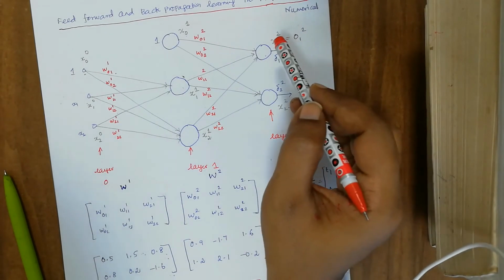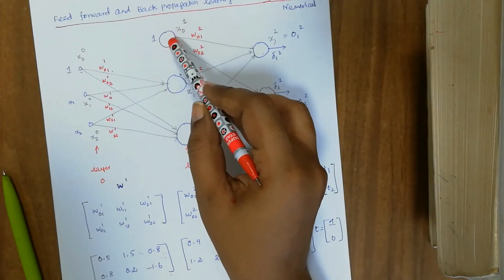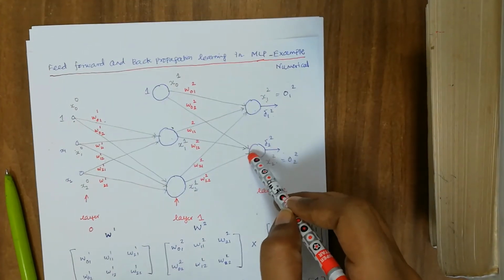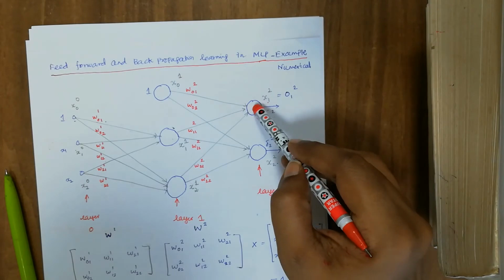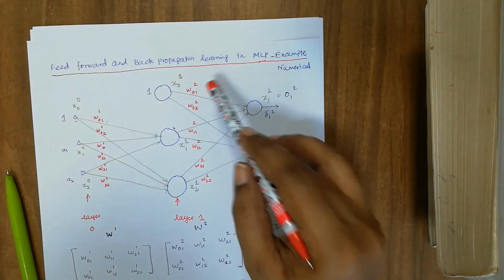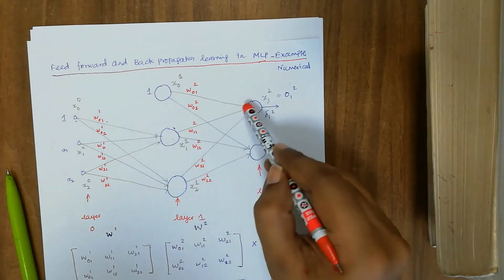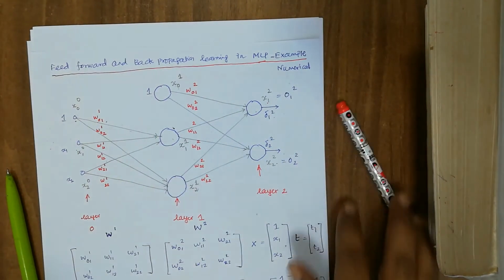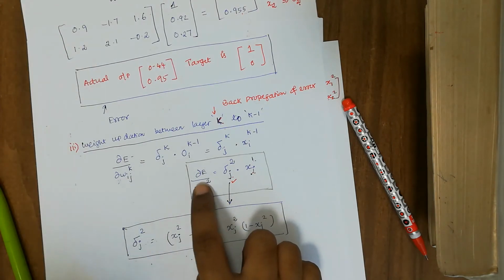Okay, so from here we have obtained this, so this is the previous layer which is x01. Similarly for this we have obtained the value, and similarly for this we have obtained from x01. So this value has to be multiplied with its previous value. This value has to be multiplied with its previous value. Similarly, this value has to be multiplied from this node, this value multiplied by this node, this value multiplied with this node, and this value multiplied with this node. This actually gives you the value of dou E by dou W ij. These are all we have seen in the derivation.